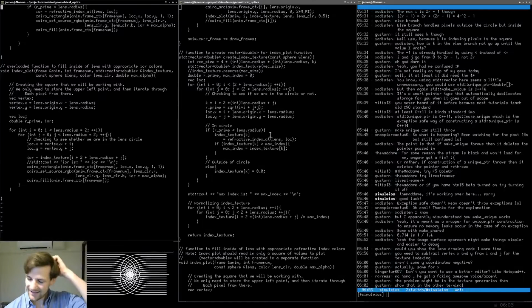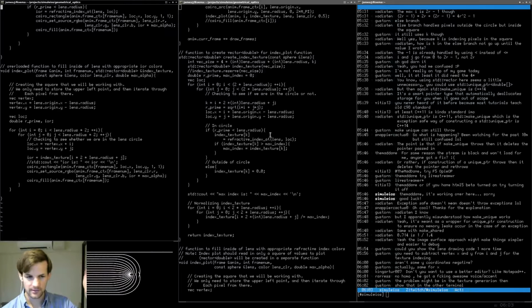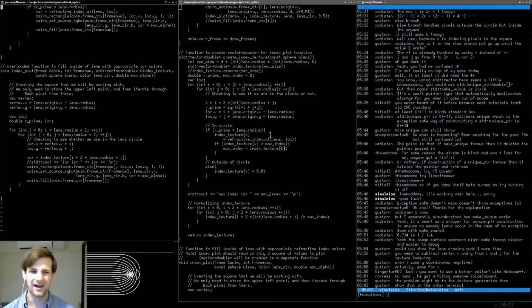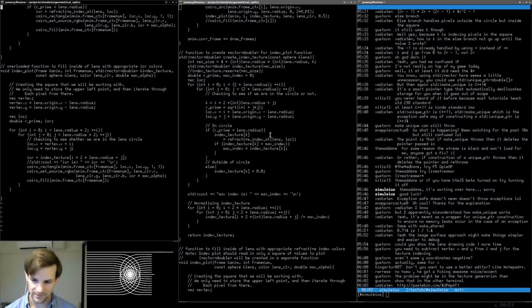Man, if the problem is with the texture, right? How would we check the texture? What can we do to check the texture? We can go through and just plot out all the points, but that's not exactly ideal, right? So what if we're within the circle? No, I don't see how it could possibly be with the texture. The texture says the max index is 1.4, right? So if the max index is 1.4,